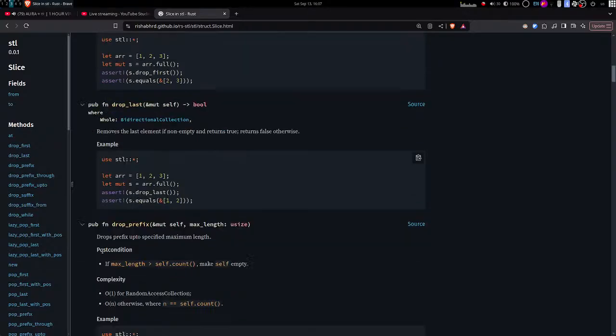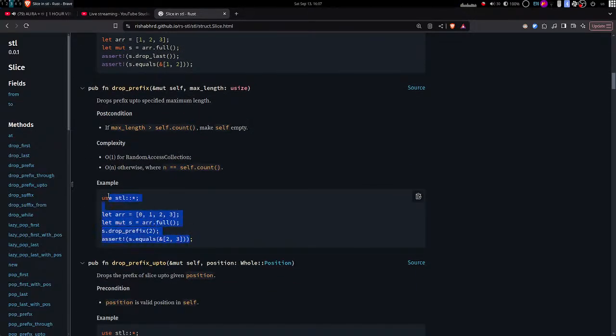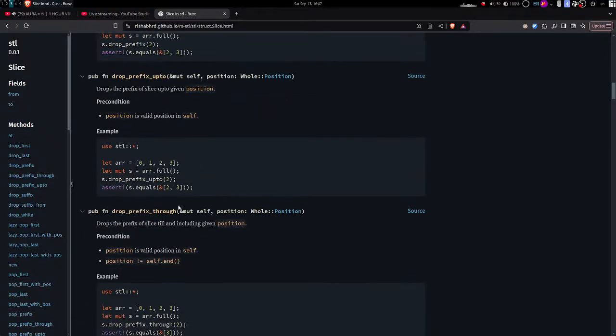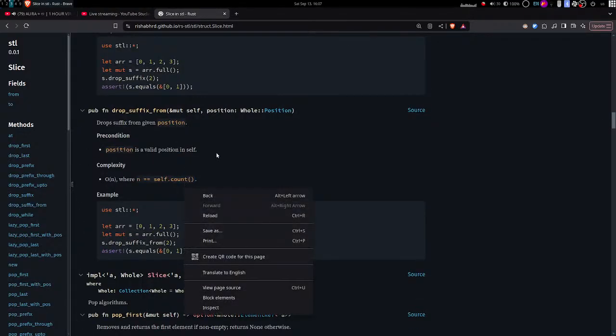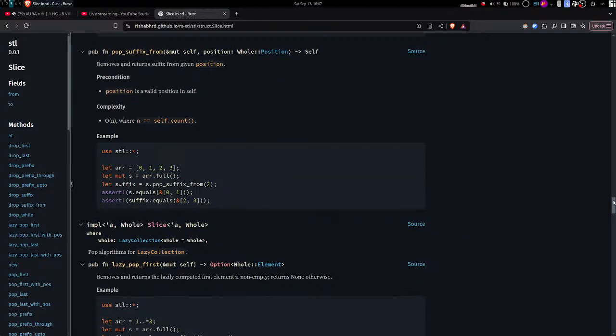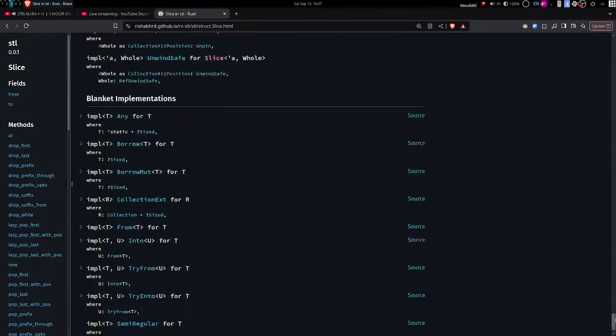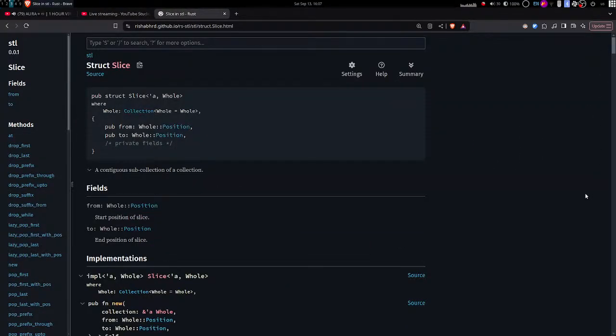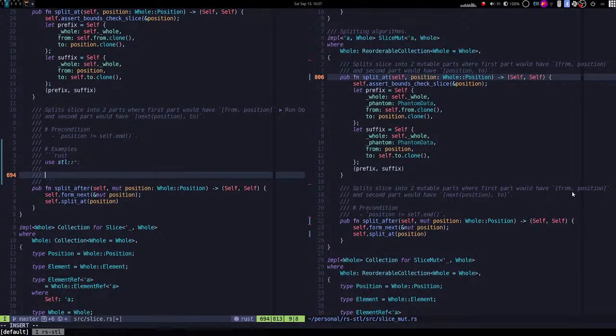So you see drop last, drop prefix, and everything is there as an example, right? So that is the best thing about writing this as documentation, because you get really a lot of things. Anyways,